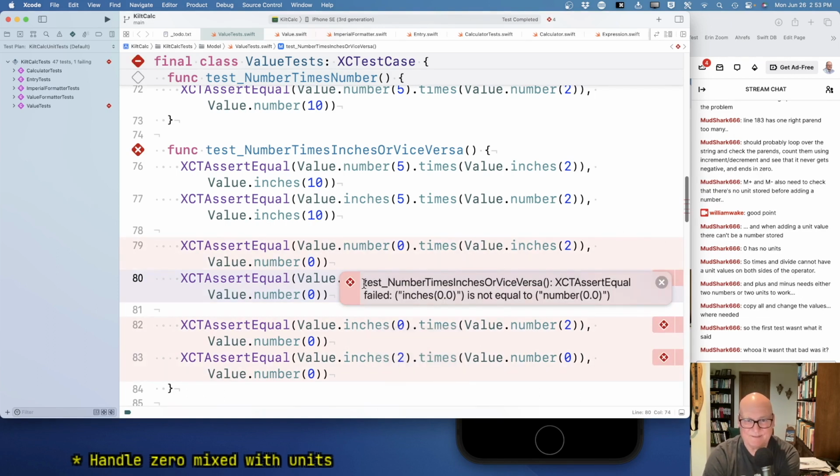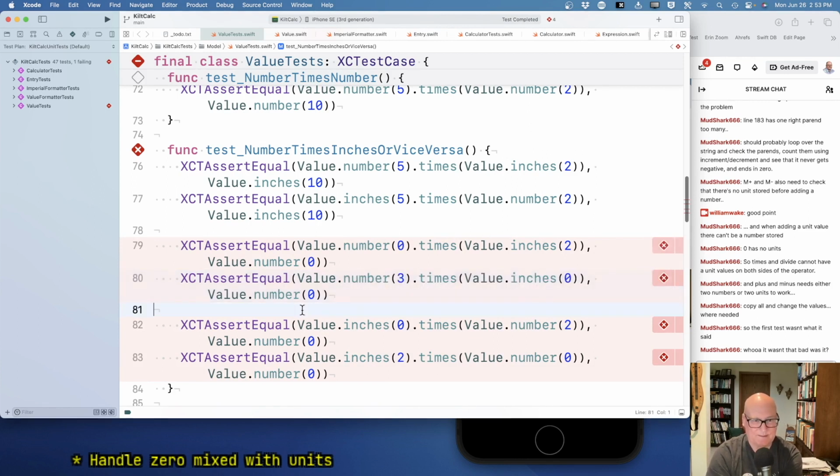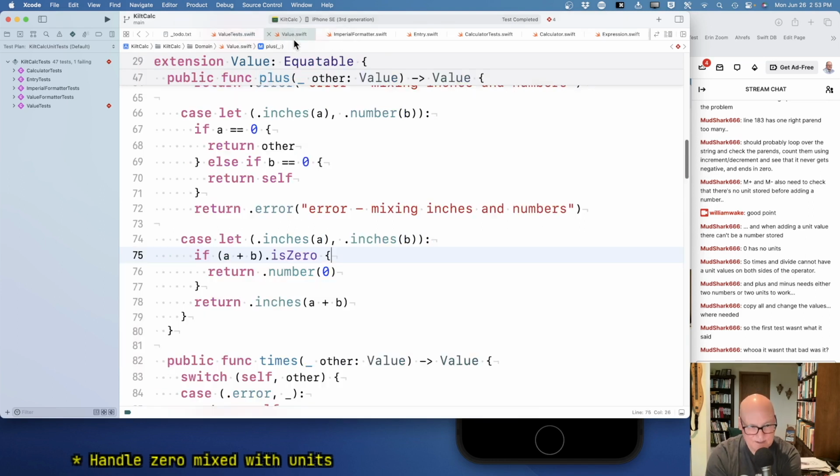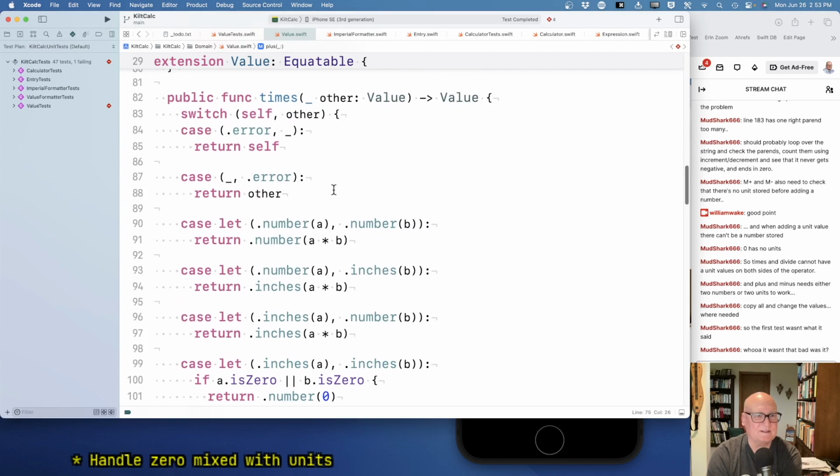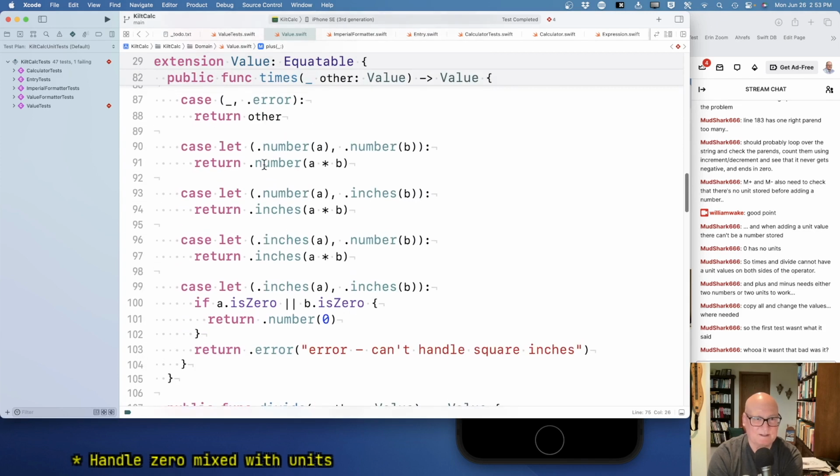Okay. Number 0 times 2 inches equals 0. 3 times 0 inches equals 0. 0 inches times that. Okay. So we got to test those multiplication cases. Okay. Errors get done. Number times number is not a problem. But if